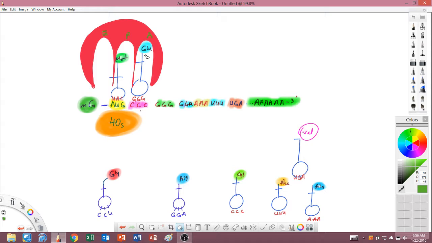And this means there must be an enzyme within the P site. That enzyme is known as transpeptidase. Trans means combining two things. Peptidase, peptide bonds, or peptides. Transpeptidase. Only the P site has transpeptidase activity.